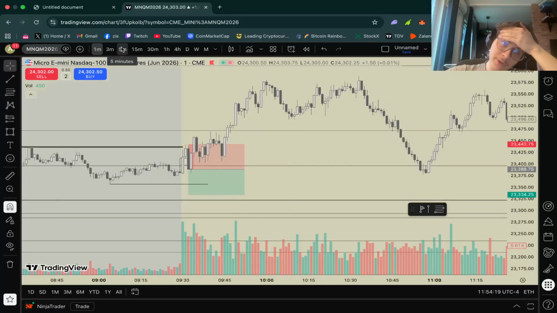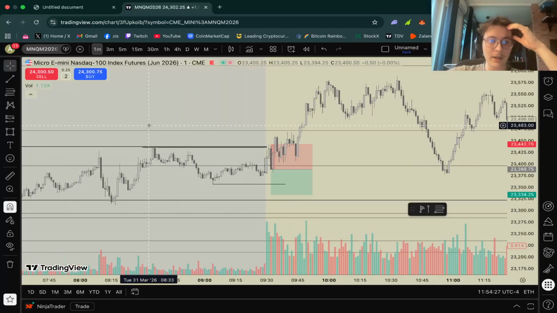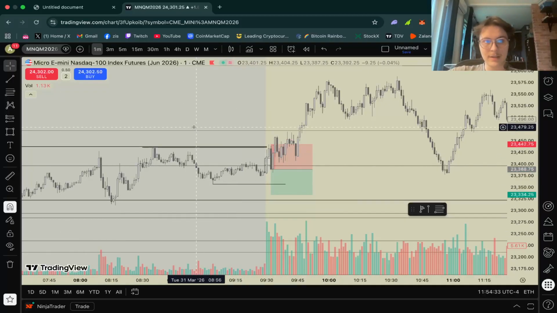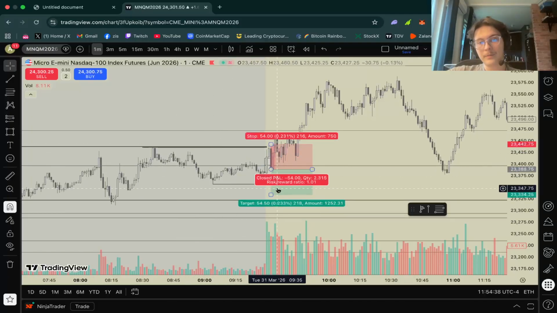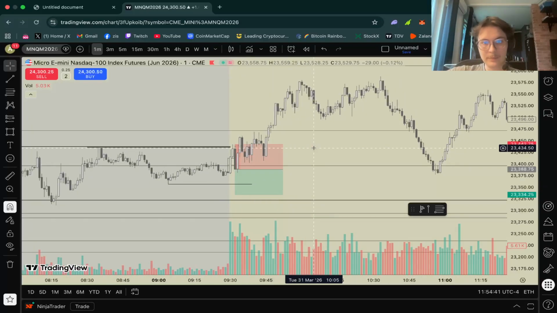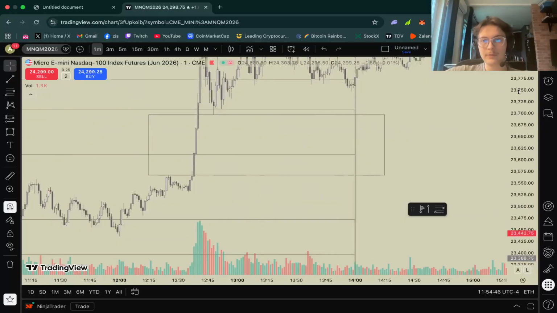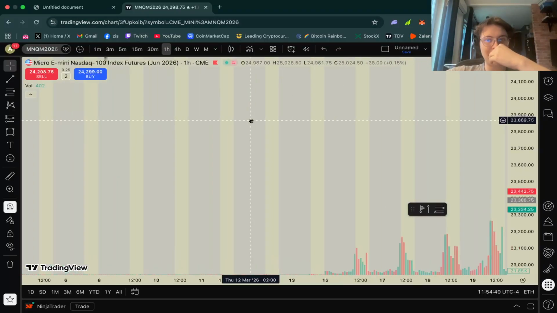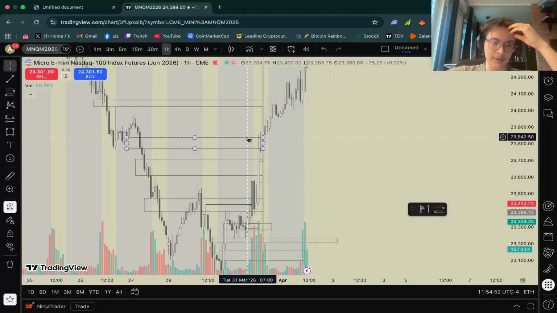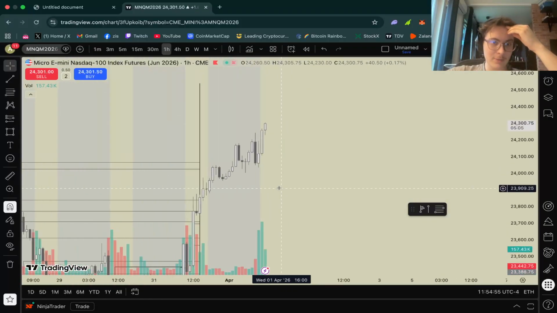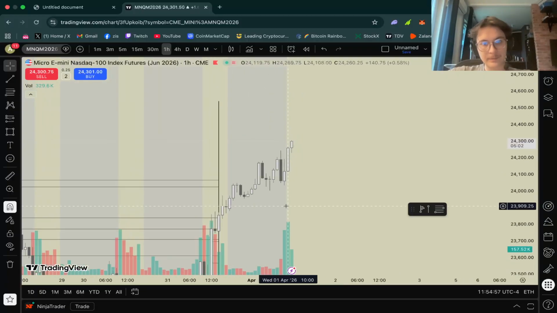I don't know. Maybe this could have been avoided with the ES. I was looking at some analysis of it and someone said something about the SMT, but I don't understand SMTs. I understand the idea, like this should have been higher, lower, lower, higher, or vice versa on ES and MNQ, but I don't see this here, so I don't know why this is apparently a bad thing to do. Anyway, oh well, difficult. Let's say trade lost, and it is what it is. We don't ever lose. We just learn, you know. So it's fine. Right, let me remove this.